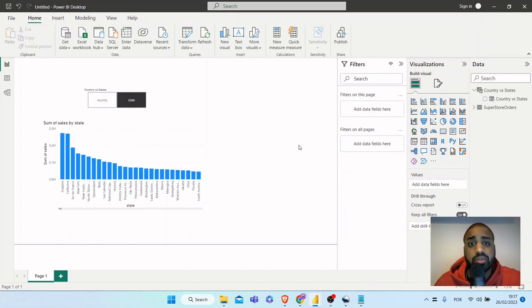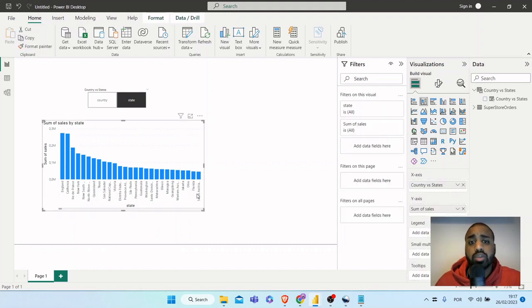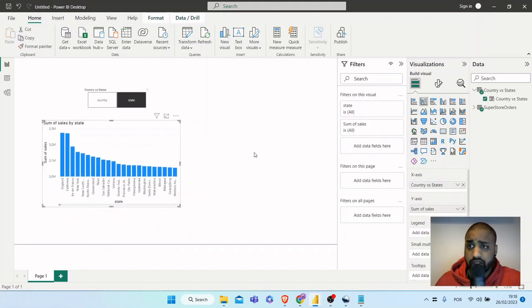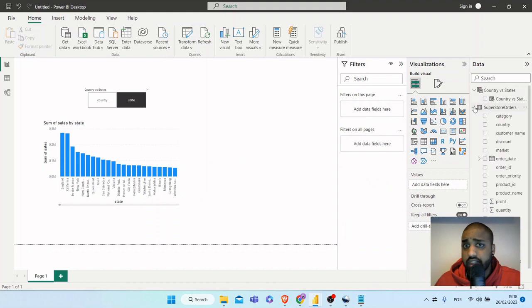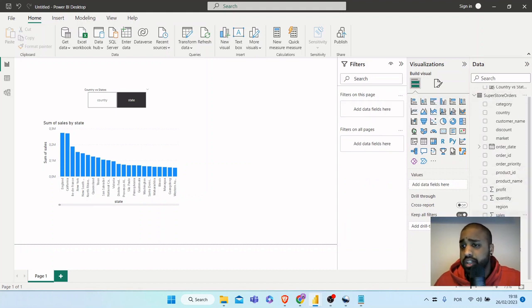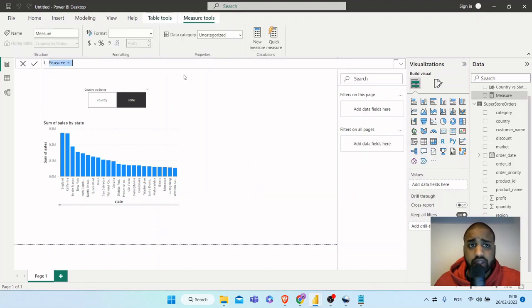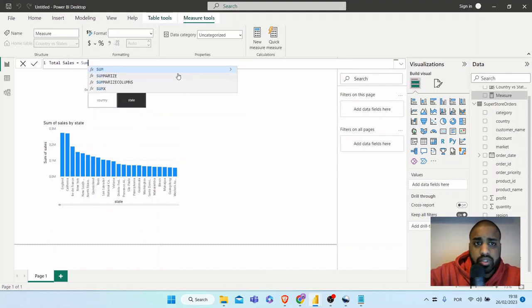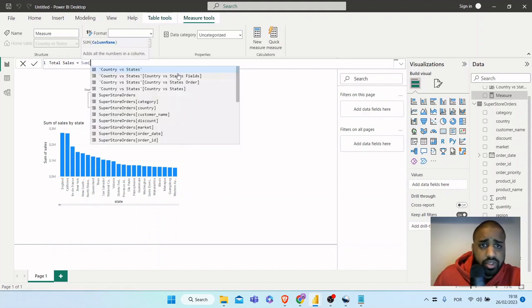So let's say you want to do the same thing, but you want to do it for measures. The first thing you have to do is create those measures. So let's do, for example, create here a new measure. Let's call it total sales. So we'll do the sum of sales